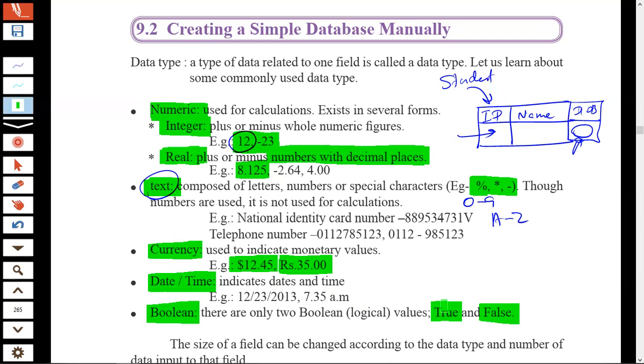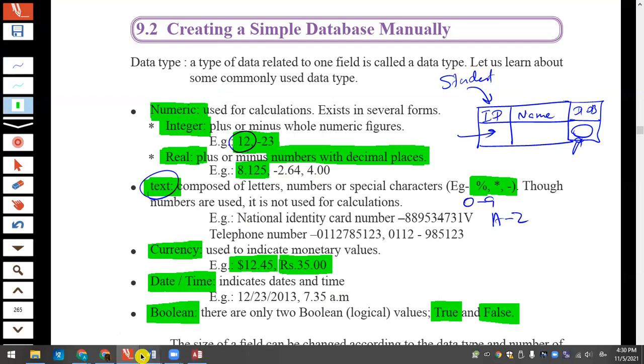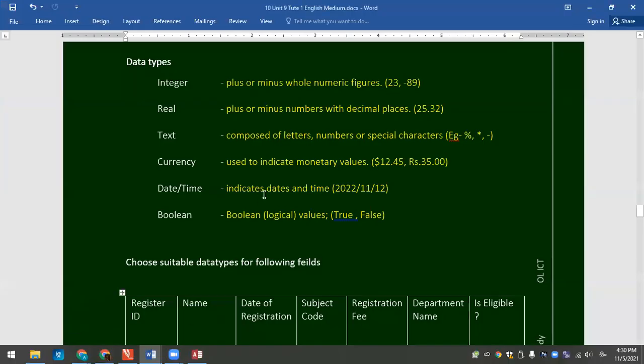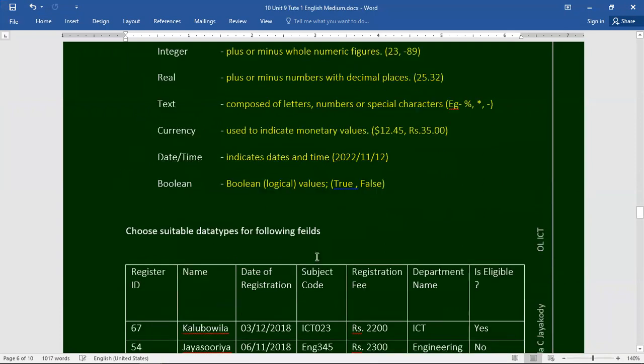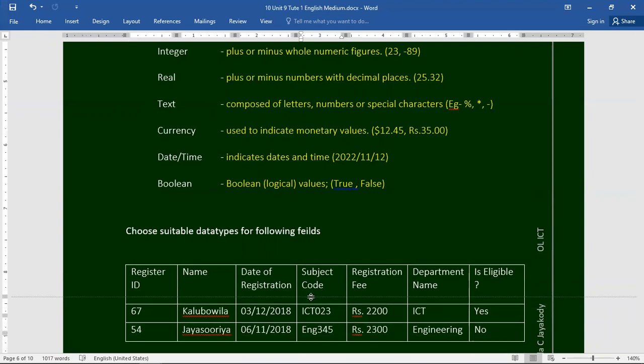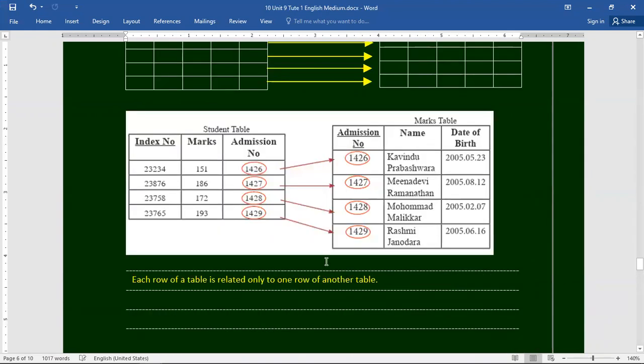Those are the data types that we can use in databases. So we have to take our note. Shall we complete? Take the note as data types, and you have to find the suitable data types for the following table.